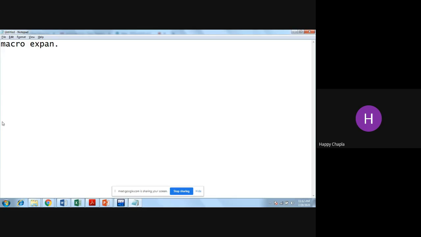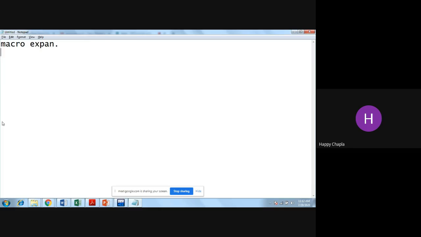Okay, so macro expansion happens at the pre-processing time. It will identify that at this many places I need to replace my code, that instead of pi I need to put 3.14. So this is the idea of macro expansion.